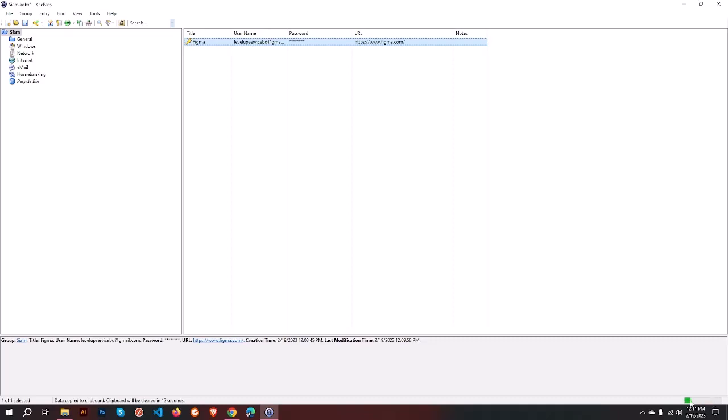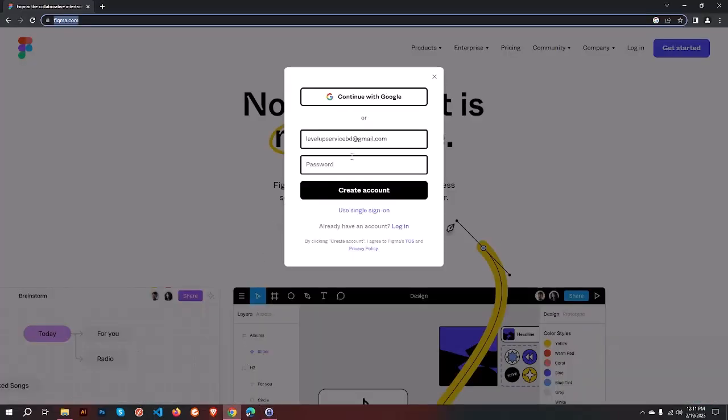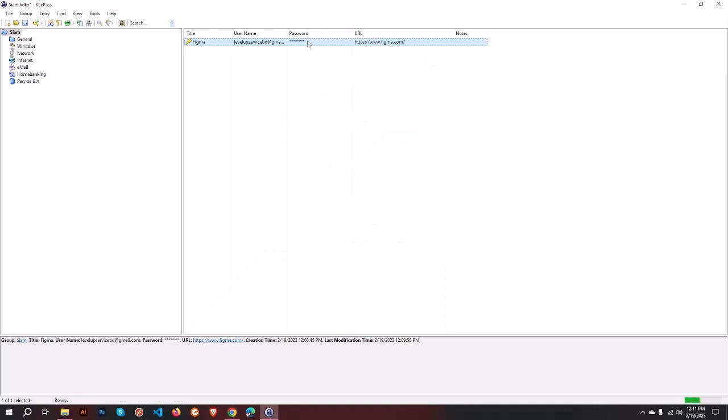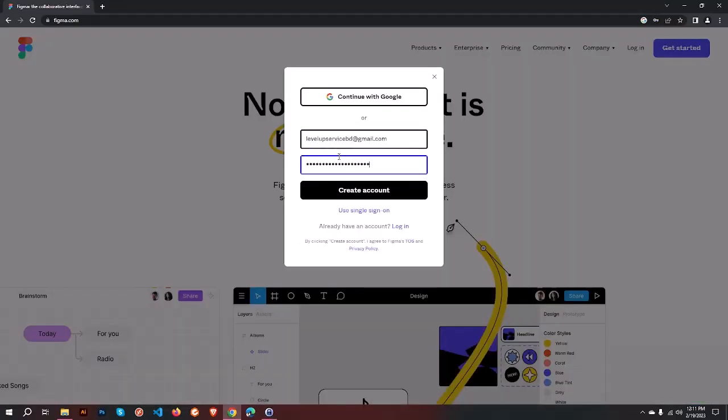Okay, as soon as this loader ends, the 12 seconds end, your clipboard will be clean. So to copy your username or password, you just need to double click on it. Okay, let's copy the username, and we already had the username. Let's go back and let's double click on the password and get the password and paste it there